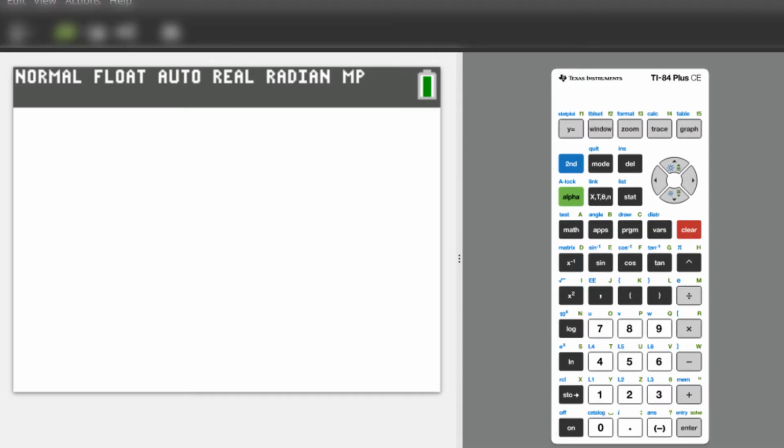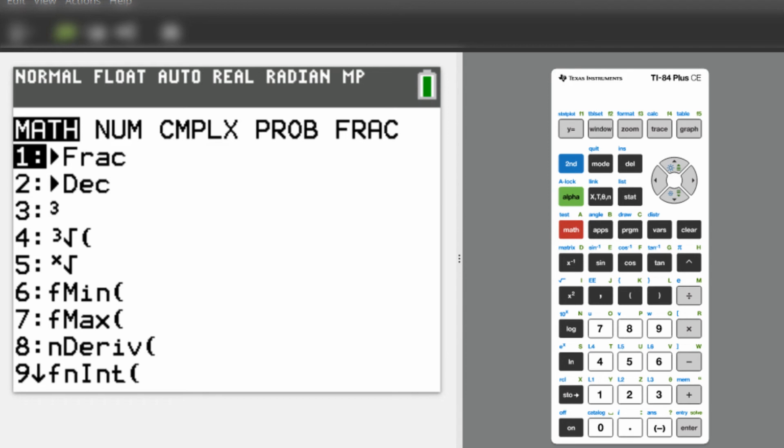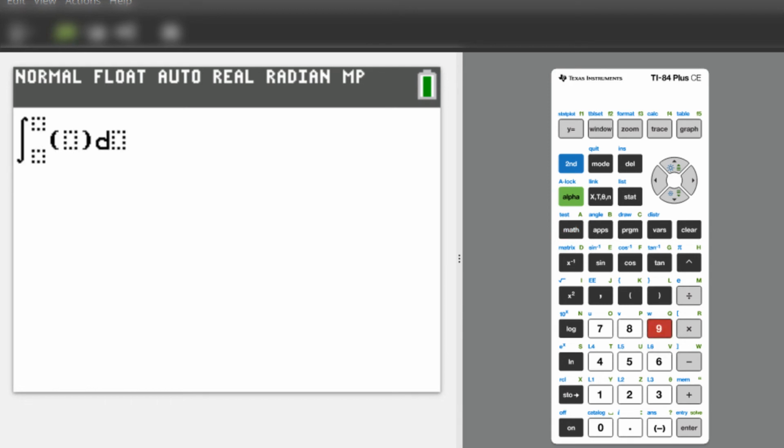So you're looking at the screen of a TI-84. We will use the integration feature again, so we'll hit Math, and then find the integration tool. We're going to go from -3 to 0, and our function was x cubed plus x squared minus 6x, and we need that to be dx. Enter. We got